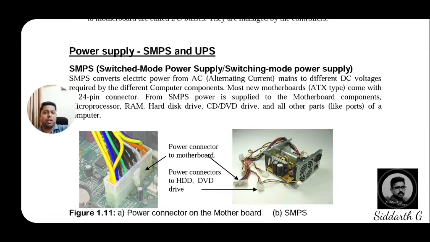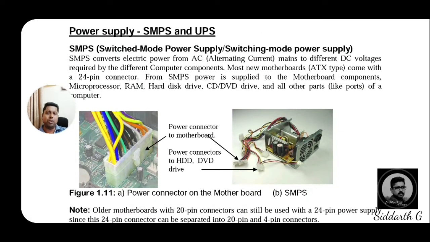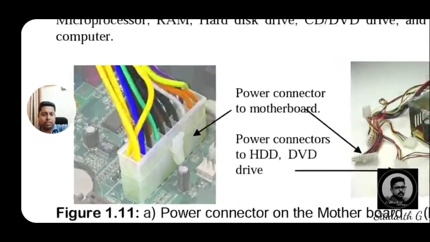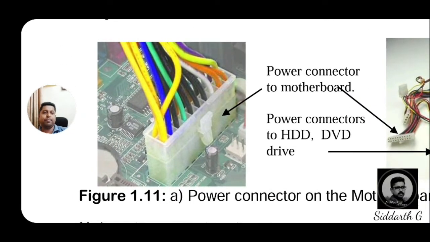When we come to power supply, as I said earlier, the motherboard has one particular connector. That power connector will supply power to the motherboard like this. That is a 24-pin connector, as I showed earlier. If you remember, the white colored 24-pin connector is used to connect from the power supply SMPS to the motherboard. Now after connecting this device only, the motherboard will start to work properly.